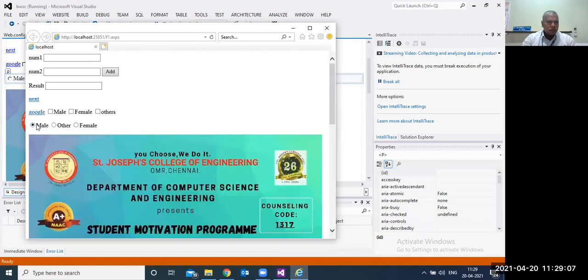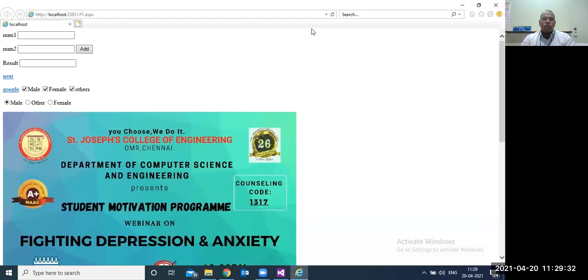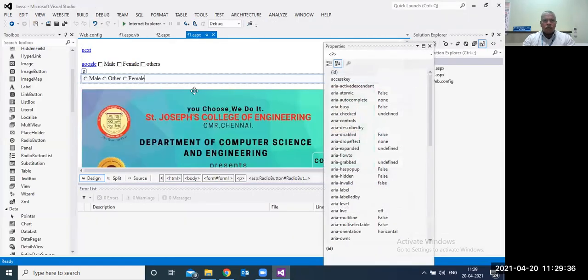If I select male, then female, that will be okay. So the radio button and the checkbox are the same if you are not giving the group name. If you give the group name for the radio button, only then will it work as a radio button for single selection.